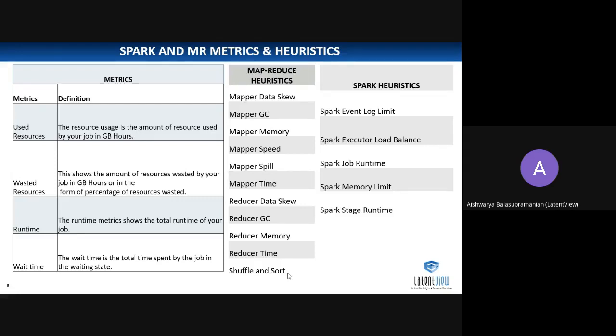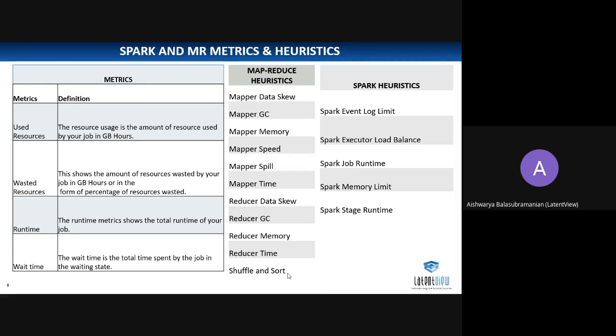Used resources is how much time each mapper takes, how much time each reducer takes, and what the container size is. Say for example, I have 4 mappers running for 5, 10, 15, 20 minutes, and similarly 4 reducers running for say 10, 11, 12, 13 minutes, and my container size is 4.